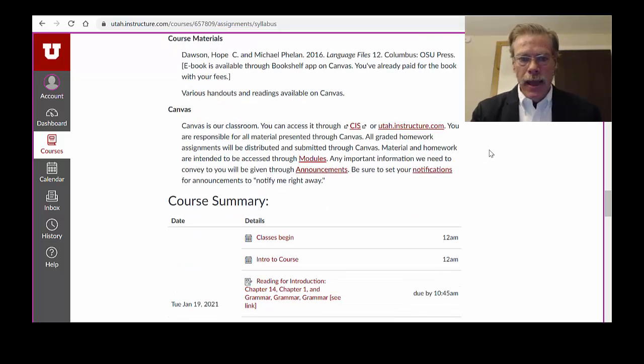Canvas, as I said, this is our classroom. I should point out that most of us access it through CIS, but you can access it through utah.instructure.com. That's worth knowing because sometimes the university does maintenance on CIS, or sometimes it goes down for whatever reason, and you still can access Canvas even when the university's system is down by going to utah.instructure.com.